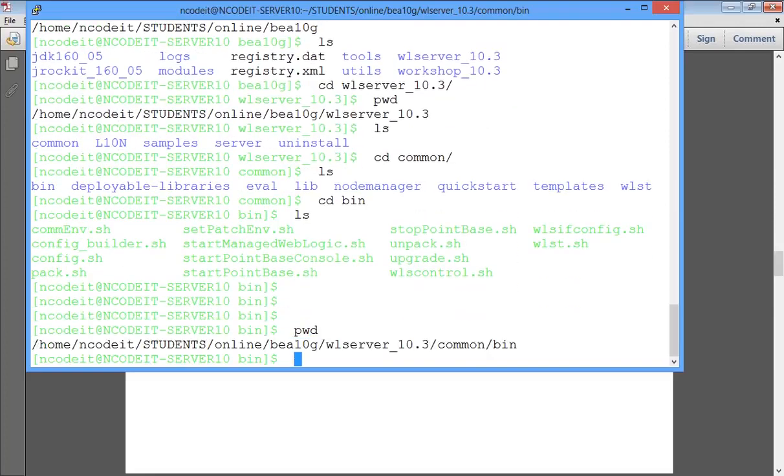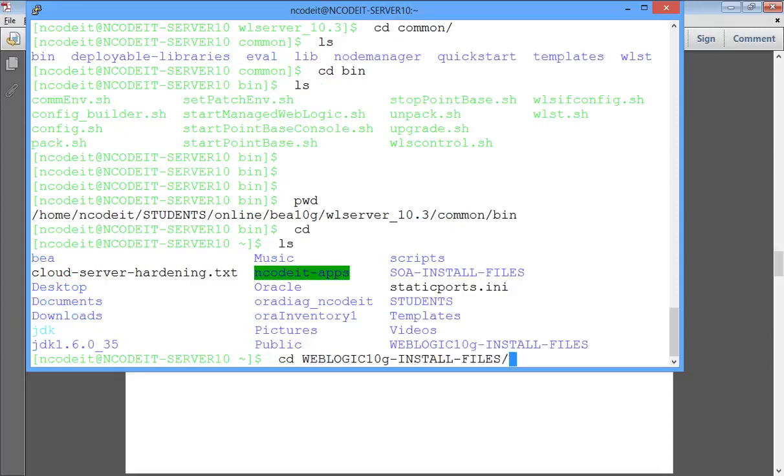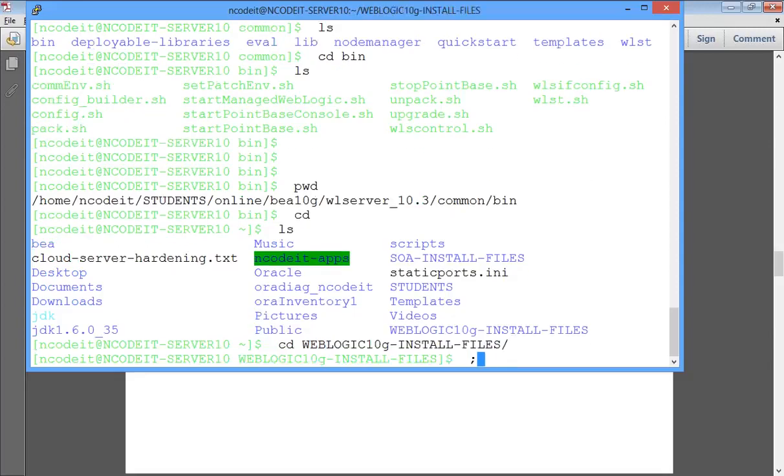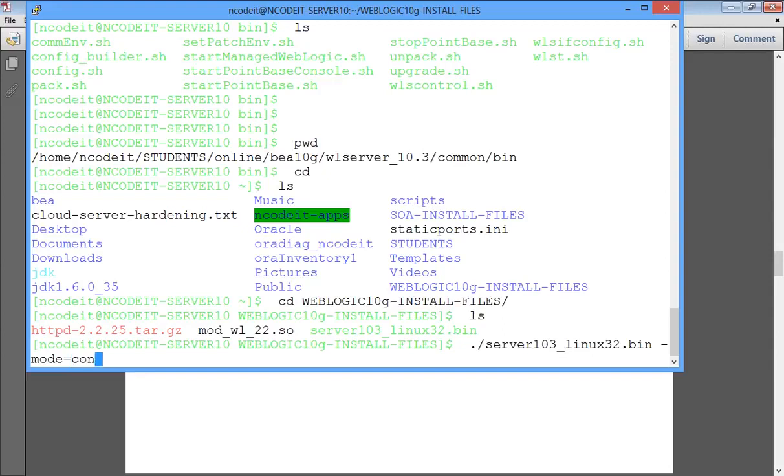So we're doing the second installation now. I'm going here again to the location where I have the installer. List it. So 103. I'm going to add a couple of parameters here. -mode equal to console, and -log, this is an optional parameter, equal to. Let's say you give your log file a home and code, IT student, online, install.log. Okay,